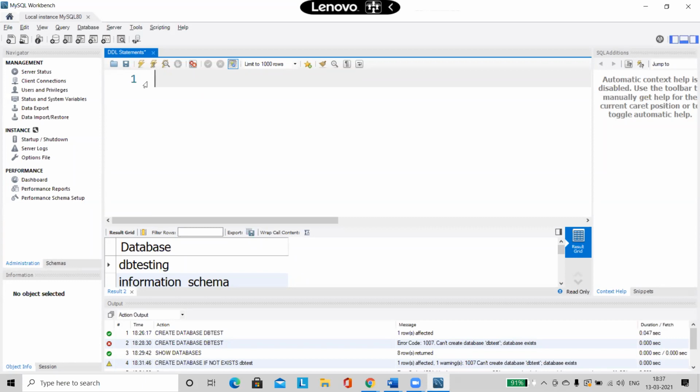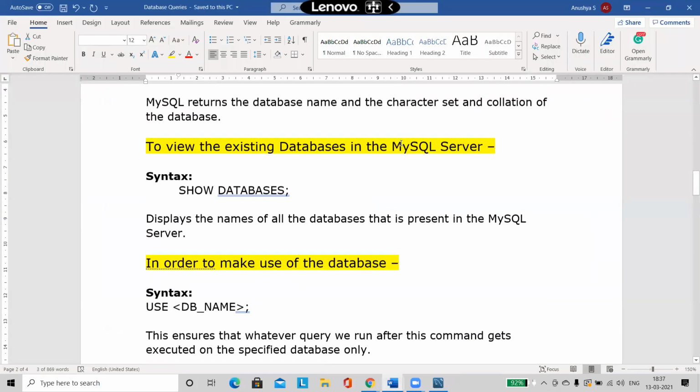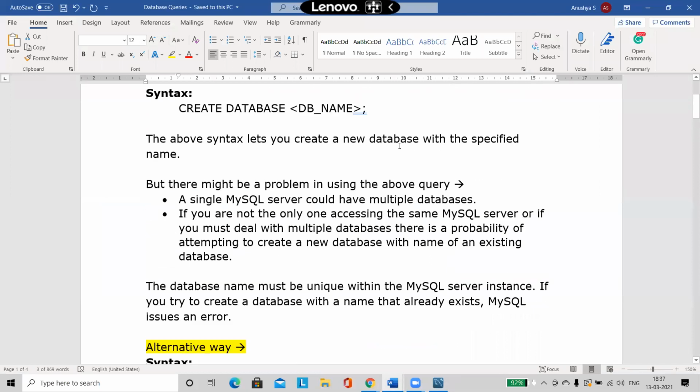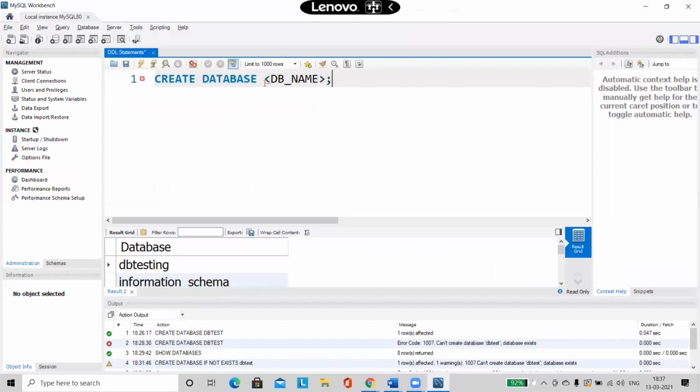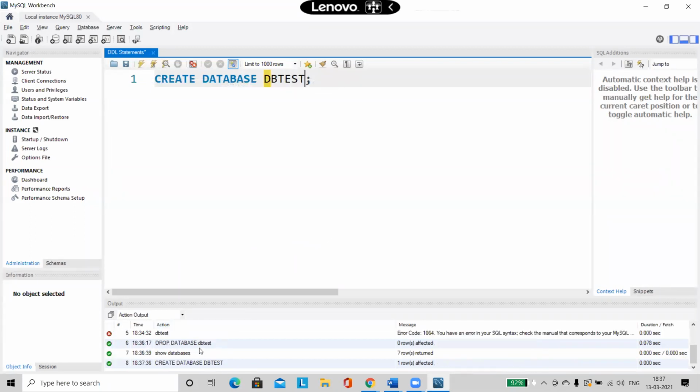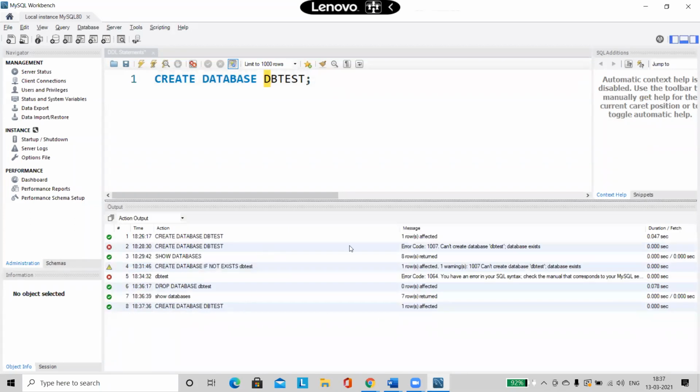So now let us try to create a table. Now that we know how to create a database, let us try to create a table. So again, before creating a table, I'm again going to create my own database. And then I'm going to create a table inside this particular database. So let me just create it again. So this is the database I'm going to create again. And yes, it is successful. Done.